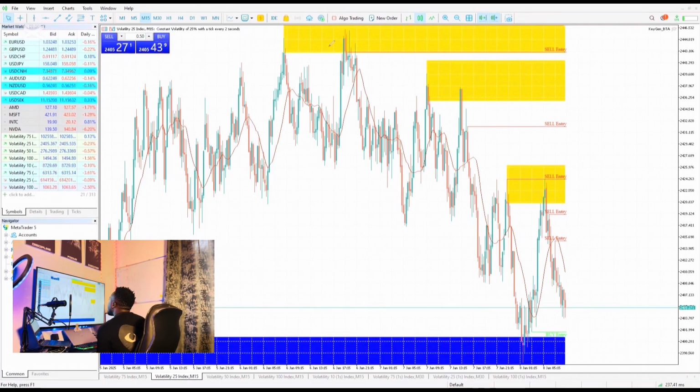Right here, we're in our sell zone. Our indicator then gave us a sell entry on V25, and this happened, I think, on the 6th of January. That's just probably a few days ago or 2 days back, depending on when you are watching. But you can see that the market did drive all the way down, retraced into our new sell zone, down again,